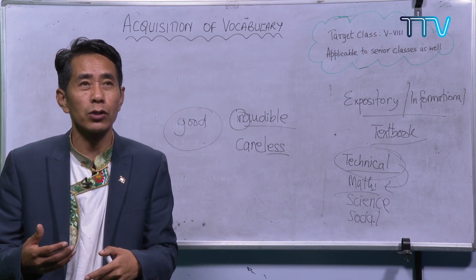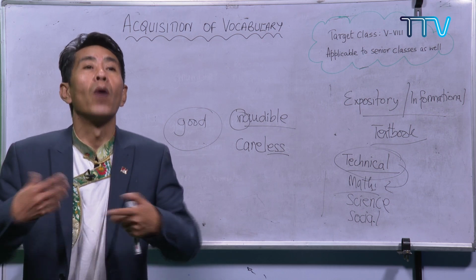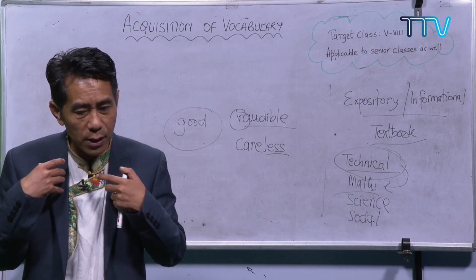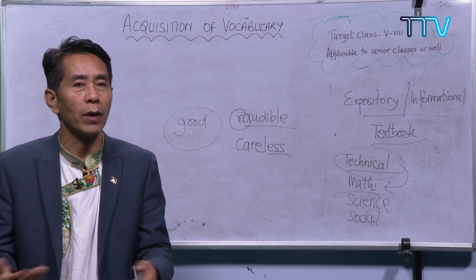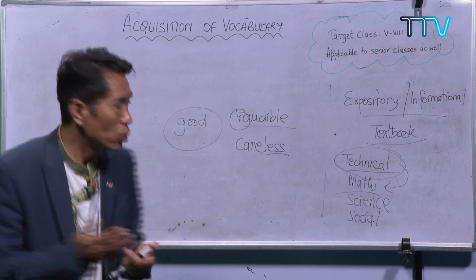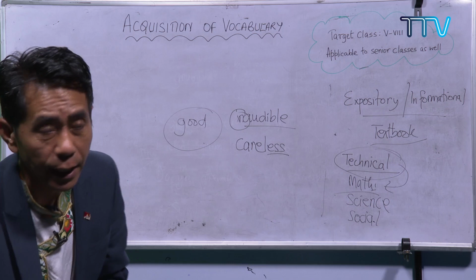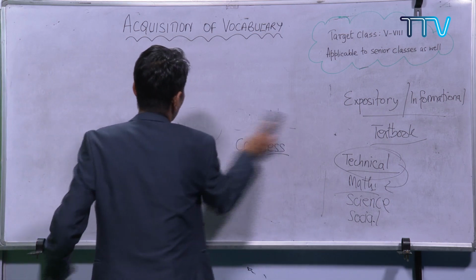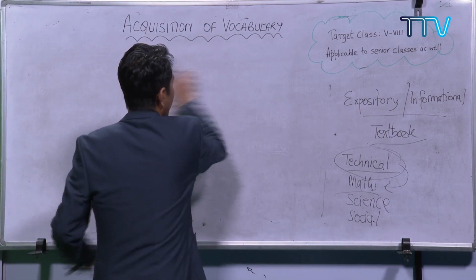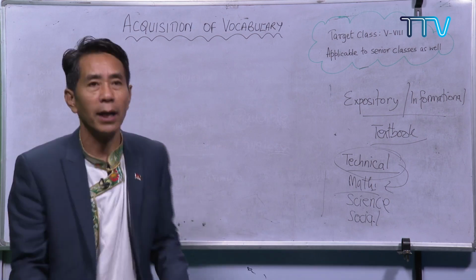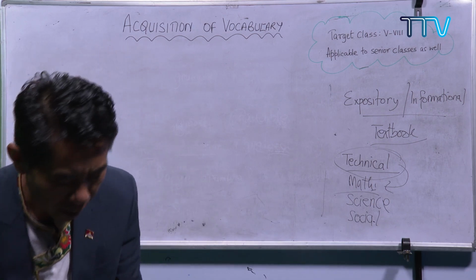When you know the meaning of white, there is no need for you to spend time on learning black. When we say white, black will come. When we say hot, cold will come. So you apply that strategy to all the words that you learn in a day. You got it? So these are the things related to vocabulary.